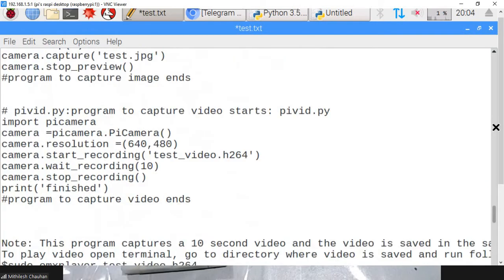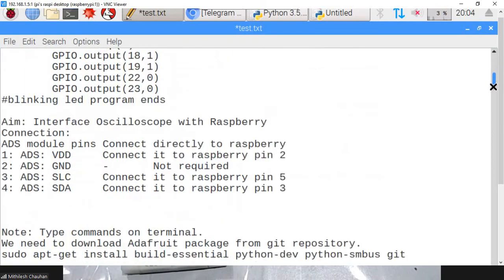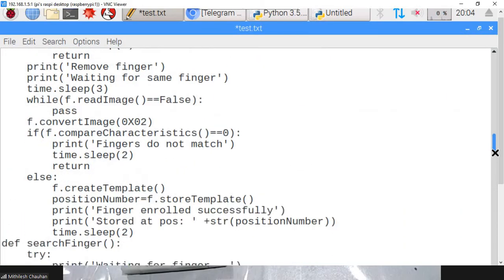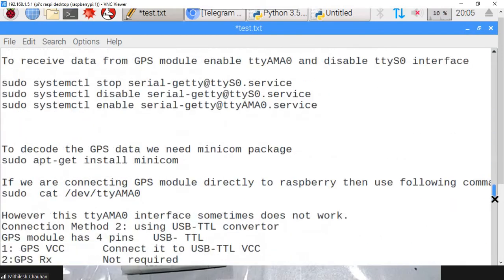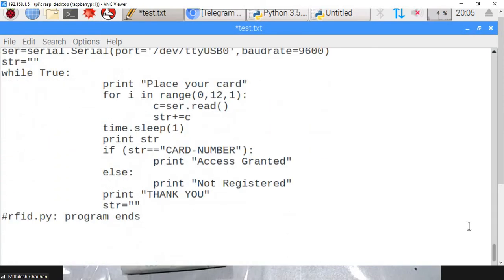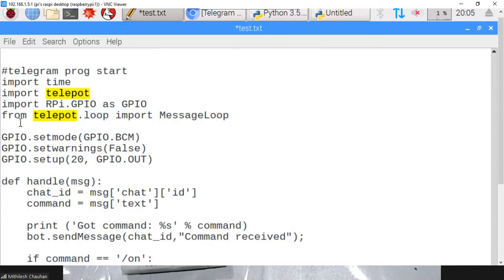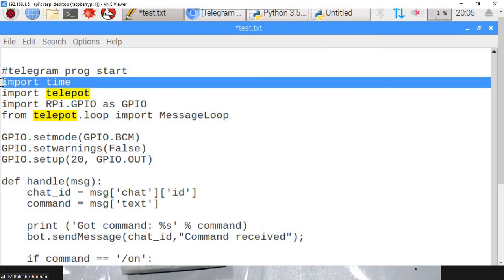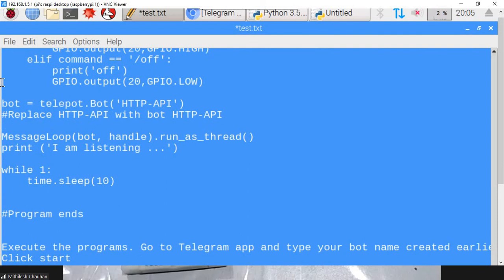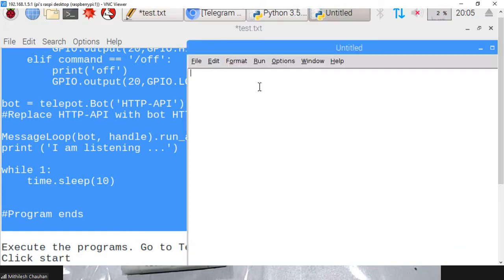Sorry, where is the program? Yes, I will select this. Copy, and I will paste the program.